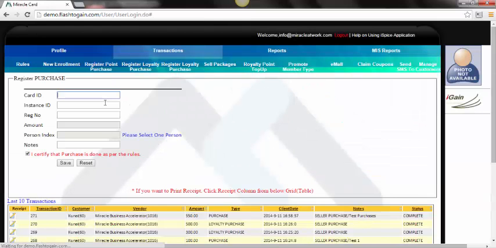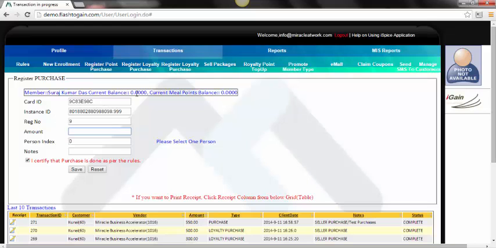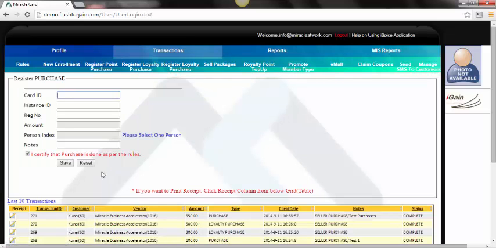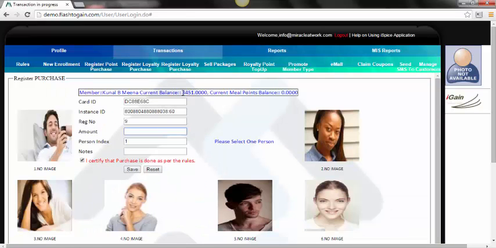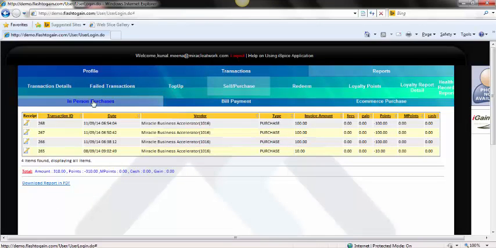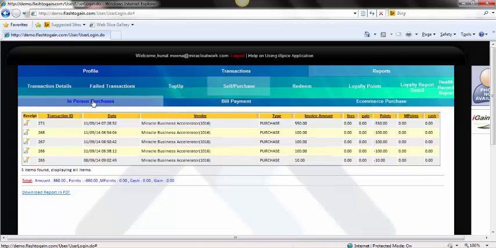Now another person comes, another card gets flashed and its details come on the screen. As you can see, this user doesn't have any balance, so we can't perform this transaction. Say the previous customer revisits, you will notice that his points got deducted by 550 points. So this is how the application works. It reads from the smart card. When we go back to the user's account, the user now sees 5 transactions, which were earlier 4.